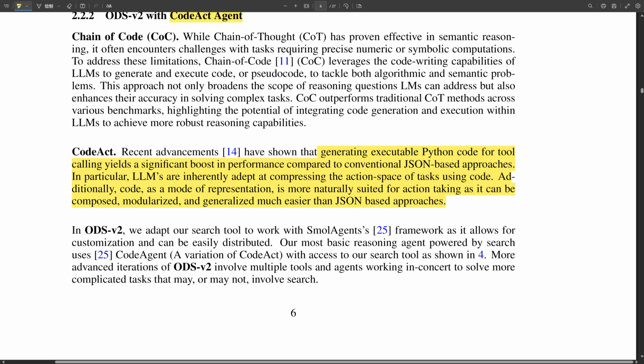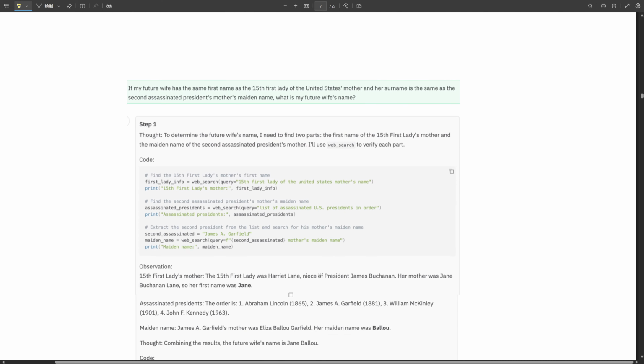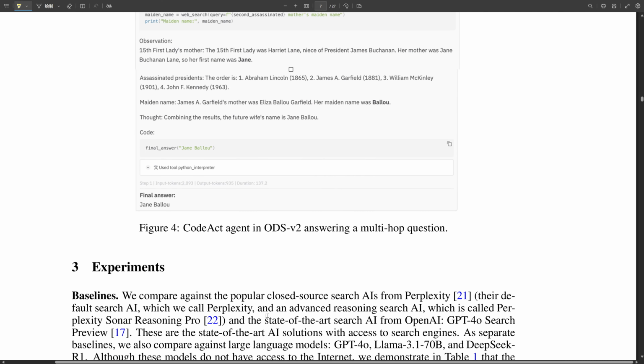The foundation of ODS-v2 and the CodeAct agent is this idea called chain of code, or CoC. We know chain of thought is great for reasoning with language and understanding concepts, but it can sometimes struggle with things that require precise calculations or working with symbols. Chain of code lets the language model actually generate and execute code, or even pseudocode, to solve those specific problems. So instead of just explaining its thought process in words, it can actually write and run code to solve parts